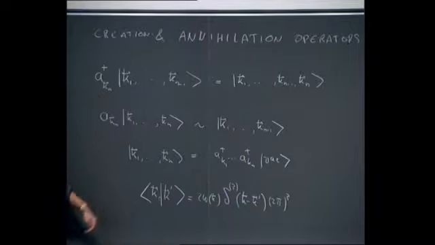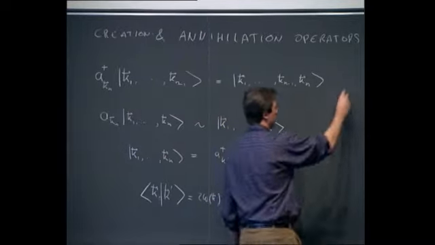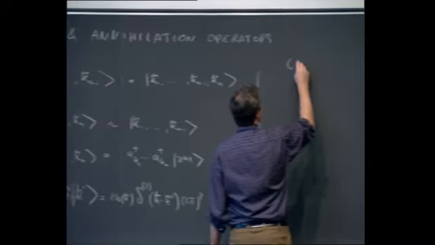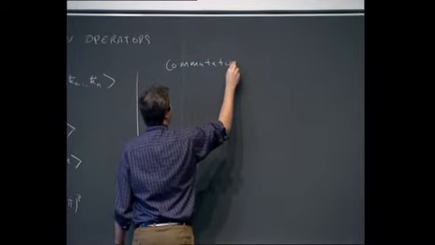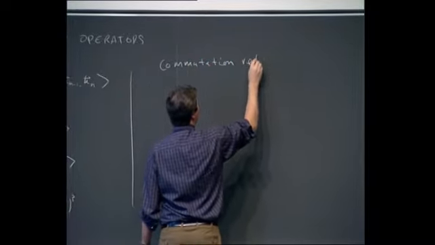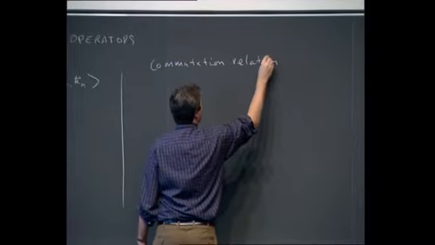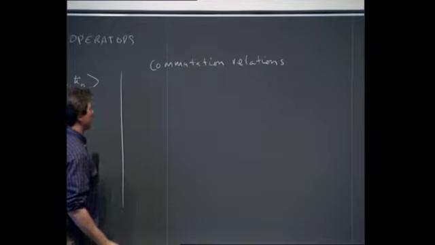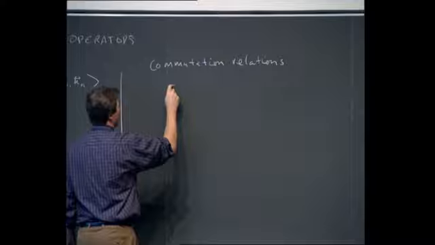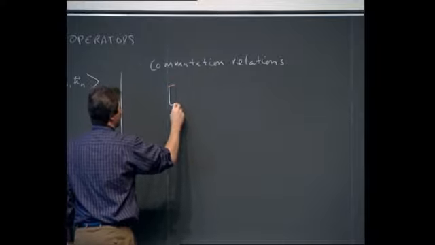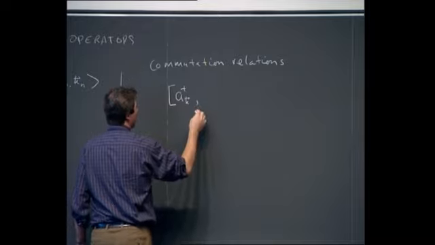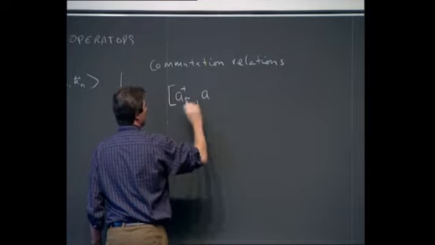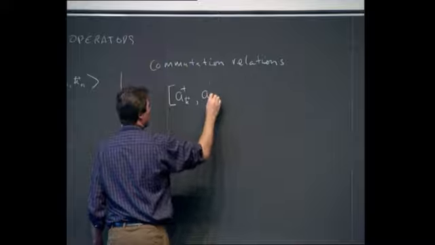Well, from this we determine the commutation relations between the creation and annihilation operators. We get that if we commute A dagger k with A of k prime,